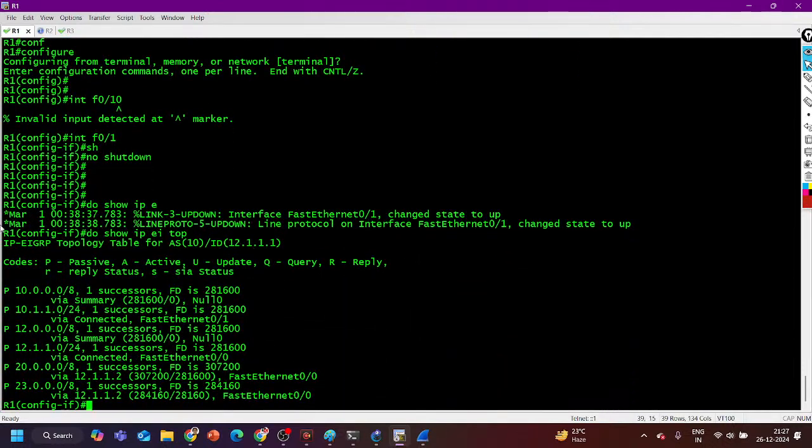The topology table, guys. Anyone tell me what this is? It represents EIGRP. It represents passive. Sir, a passive interface. It denotes the passive state of a route in the EIGRP topology. State can be active or passive. Passive means topology is